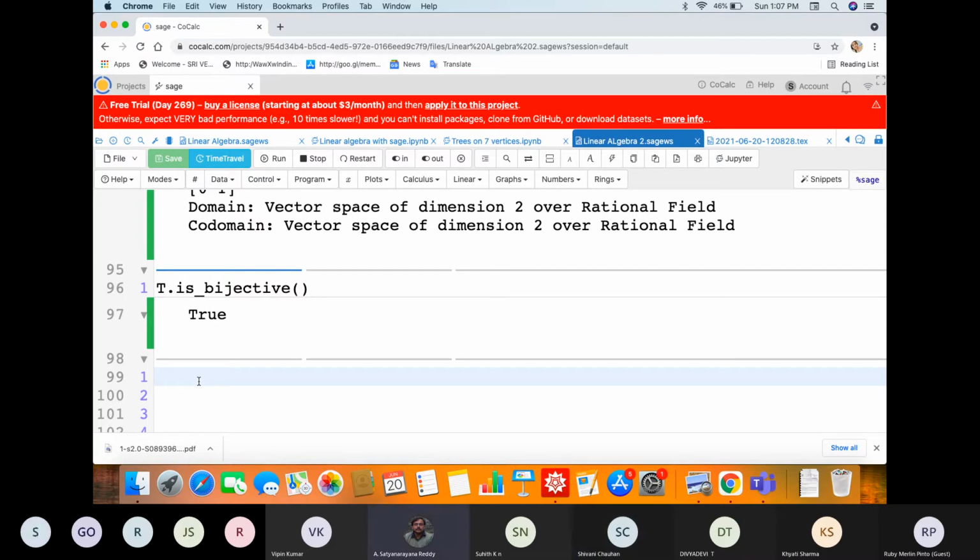You should be specific. Exactly, ask one question only at a time. What is it you are asking? Yes, what I'm saying is define one vector. That vector I'm telling as 1 comma 0, and tell me the value of t of 1 comma 0. Few students will do that. Few students can ask kernel of t also, right? Yes, kernel of t, image of t. Is it possible to find the rank and nullity? Shivani, please show. Yes.